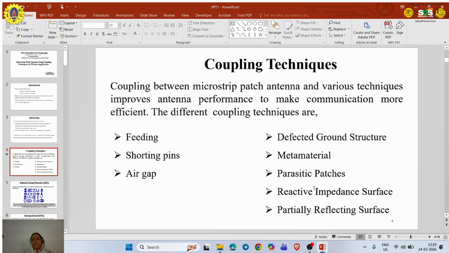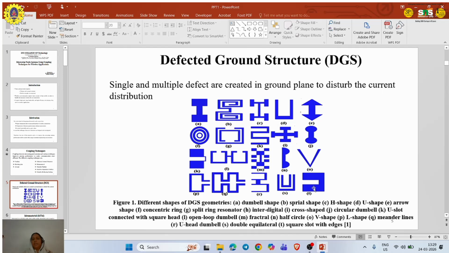Here I'll be discussing a few techniques, like the defected ground structure. A defected ground structure is creating a single or multiple defects in the ground plane to disturb the current distribution. For example, here I have shown you different types of defected ground structures, like the dumbbell shape, the spiral shape, and here a two-dumbbell shape, and here an arrow shape, spiral shape, meander shape, and